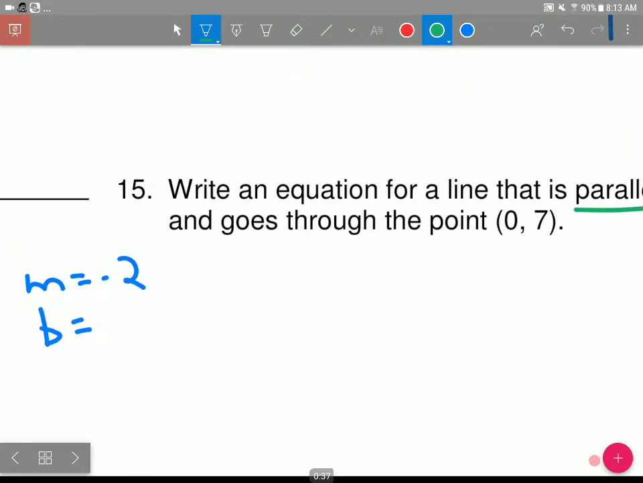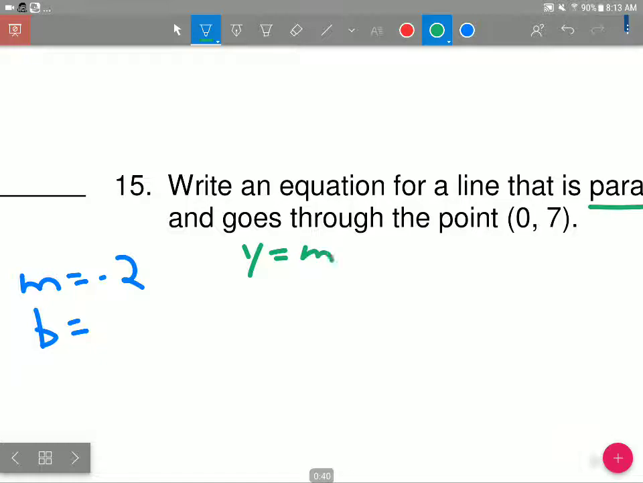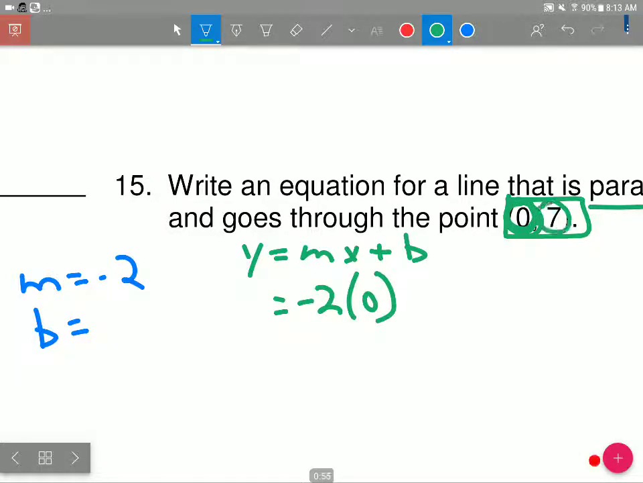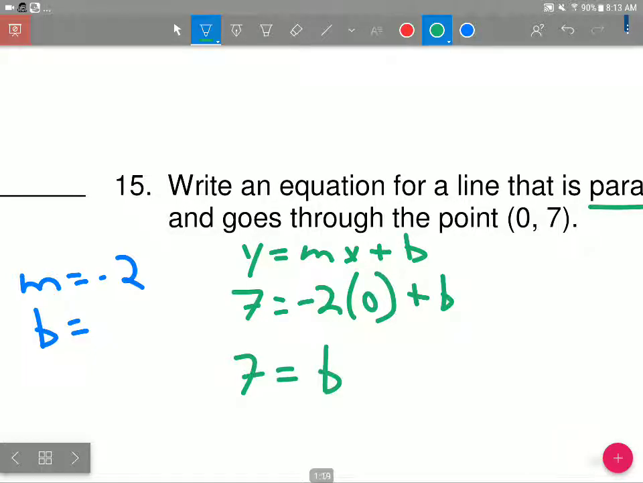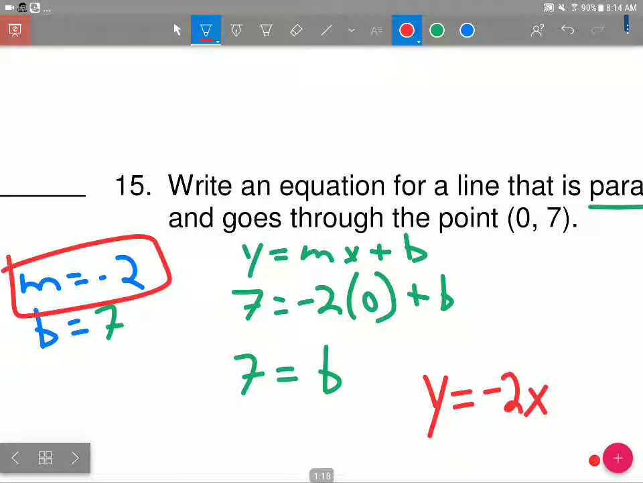So what we're going to do is take y equals mx plus b and plug in everything we know. I know the slope needs to be negative 2, so I'll plug in negative 2 for m. And then I know this point over here. The x is 0, and y is 7. So I'm going to go 7 equals negative 2 times 0 plus b, and then just solve for b, which the nice thing about this one is negative 2 times 0 is 0. So b equals 7. So I can write my equation as y equals negative 2x, because that's your m, plus 7,